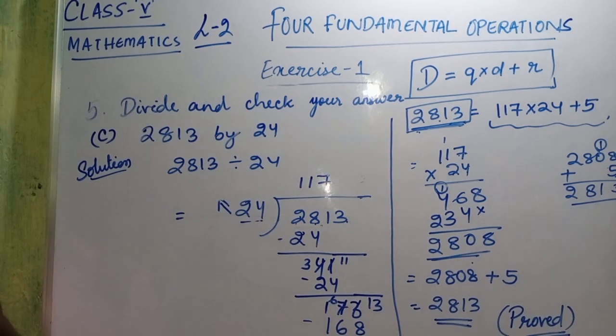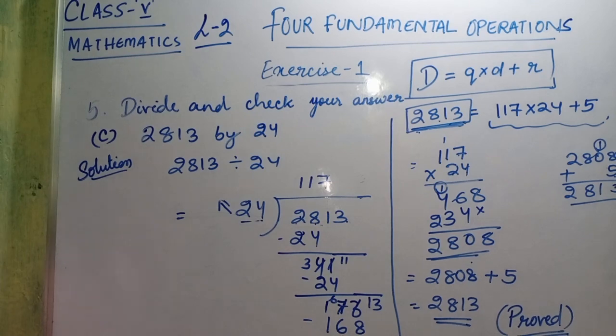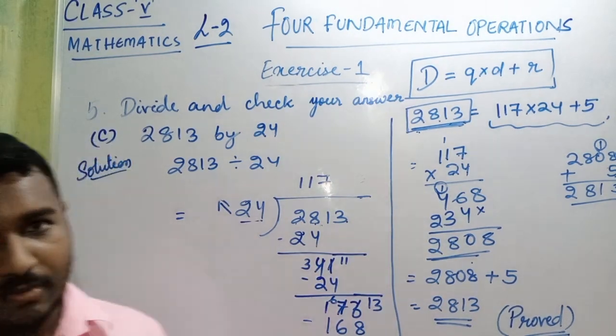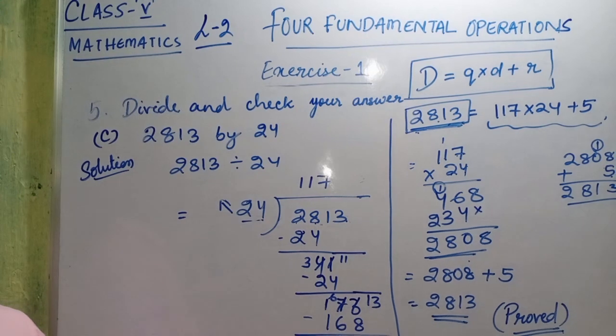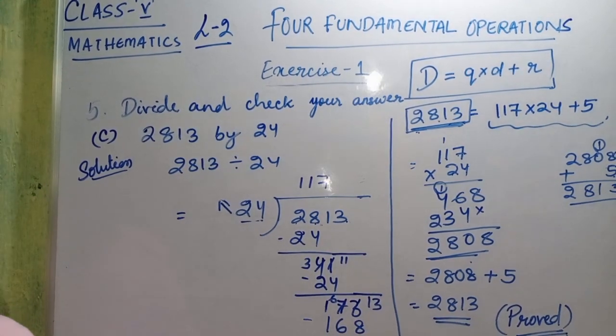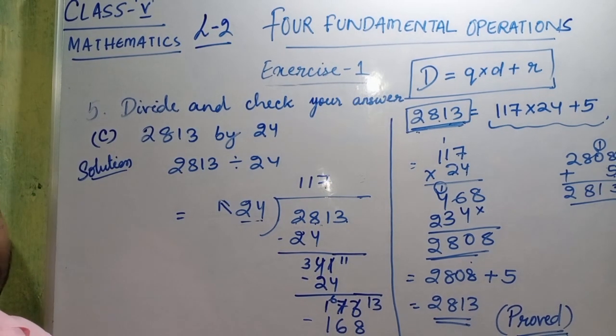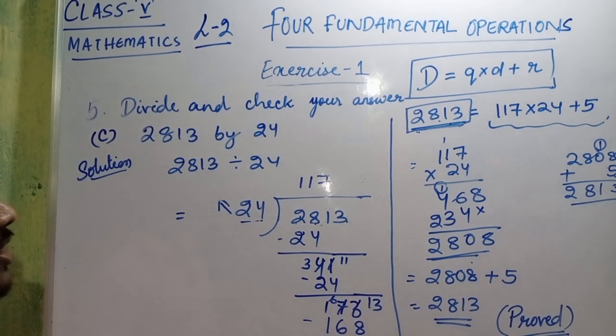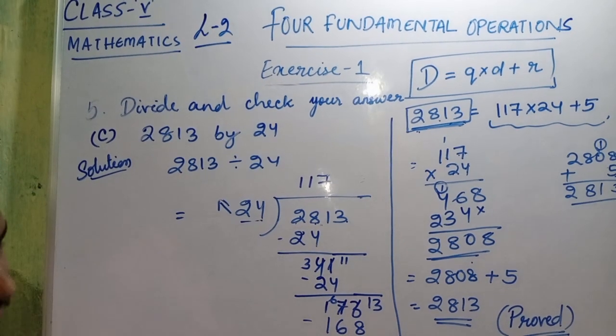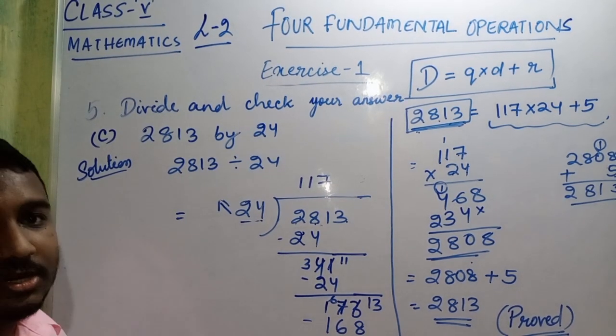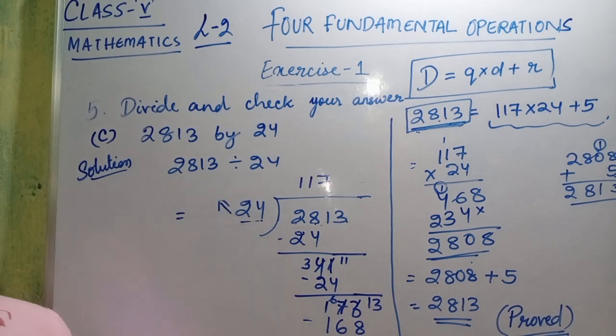Okay, this is the 5th number question. 6th number question, same. You have to do the division. No checking portion. Only the simple division you have to do it. Okay, so let it be for today or in this video. Now in the next video I will be explaining the 4 word problems: 7 number, 8 number, 9 number and 10 number. You may say, sir, you have not told 6 number. 6 number is same to same like this. You will do it in division way.